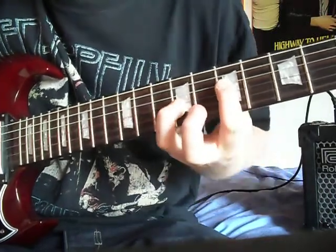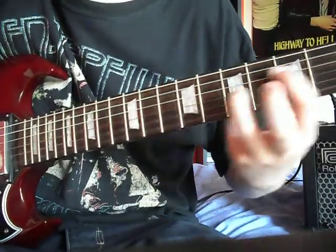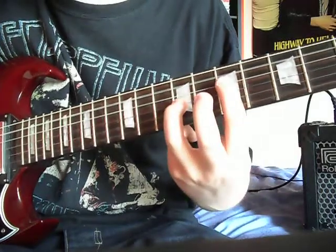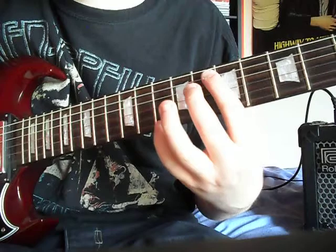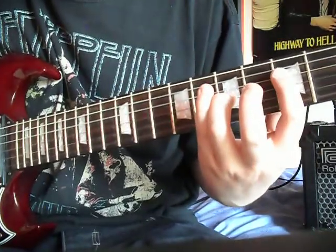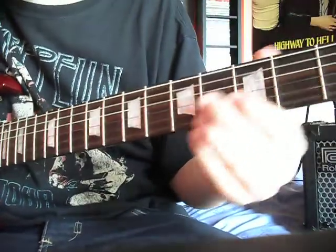Then we slide that whole shape down. We slide it down 2 frets, and then we play that same thing. So we don't play the open A string in that. So then no open A string. Then we go down to a chord which I've already taught you numerous times if you watch any of